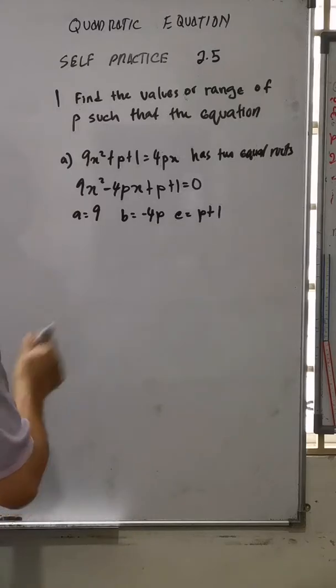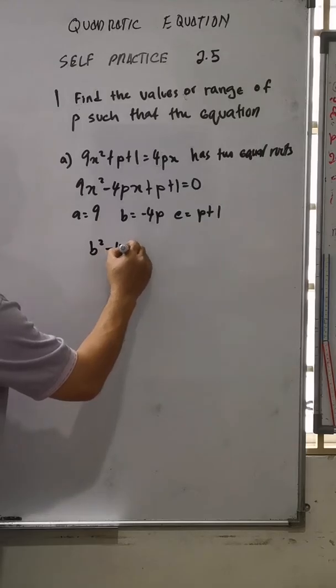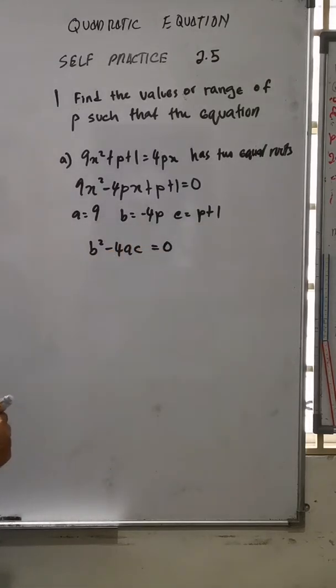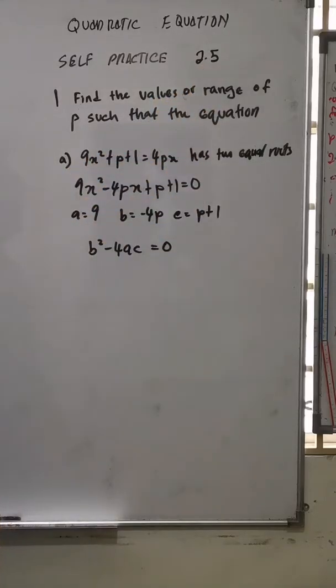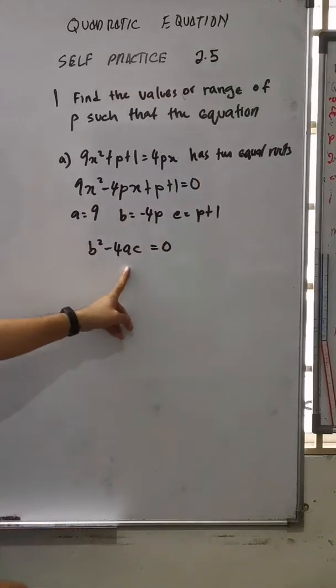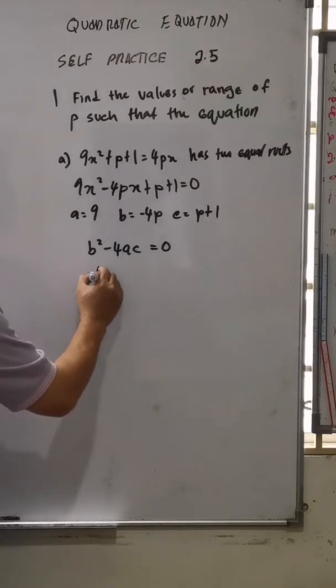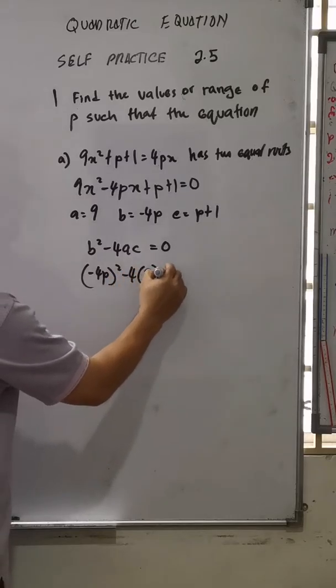Okay, two equal roots mean the discriminant, B squared minus 4AC, equals 0. Okay? For further practice on this, you have to look at 2.4. To understand why two equal roots give B squared minus 4AC equal to 0, see that section. So substitute the values: negative 4p, all squared, minus 4AC